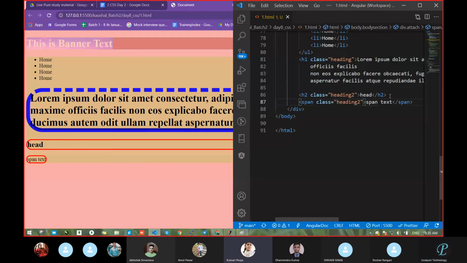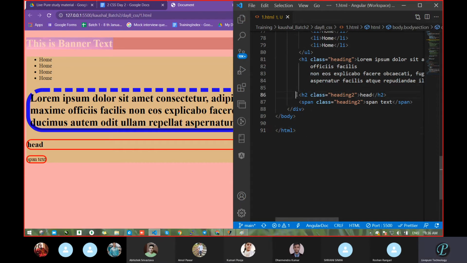Now tell me what happened. By the same style, when we applied it on the span, it came like that, an ellipse type. When we passed it on the head H2, it comes that way.